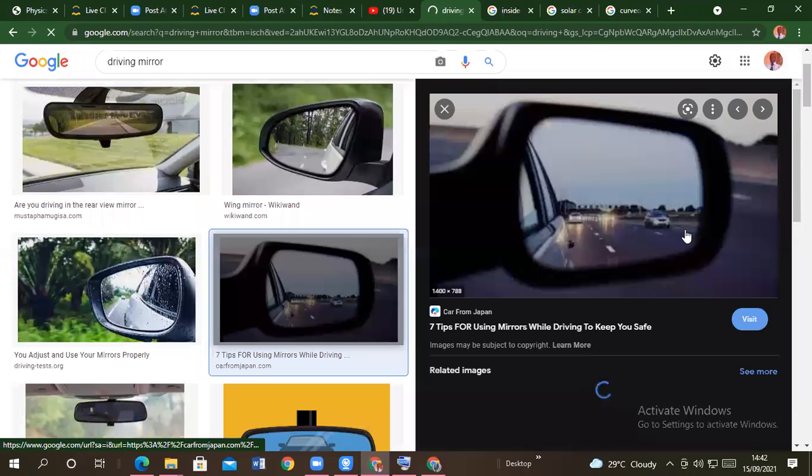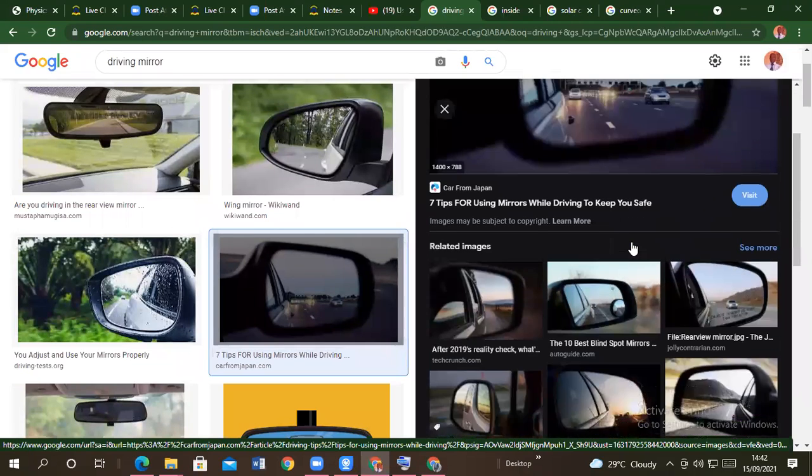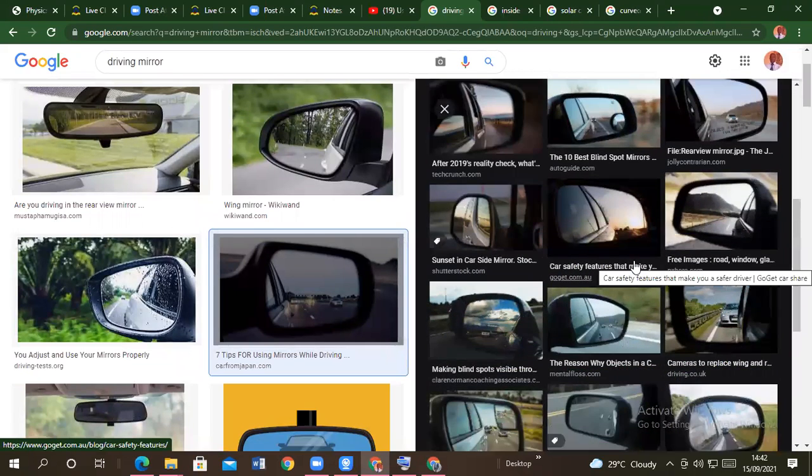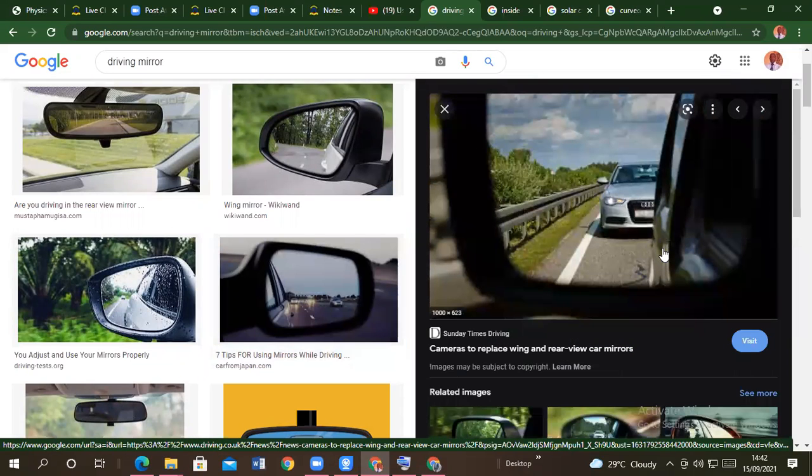So you can see in this side mirror, we don't know where this car is. It appears as if it is far, yet it may be near. So such a thing is a wrong impression. Someone may cause an accident when it is coming from these kinds of mirrors. So that's why sometimes these boda boda men, someone is driving and the boda man is coming, some may think the boda man is very far, yet the man is very near, and they collide with one another. So in the next session,